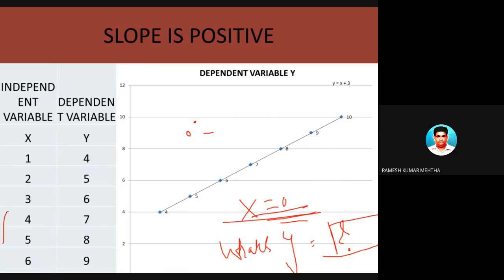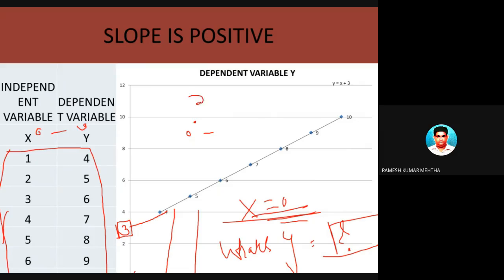Now, if I work for 1 hour, 4 marks, and so on and so forth. If I look at this data, I can easily predict that if I work for 0 hours, I will get 3 marks. So probably the line will start like this. When x is equal to 0, y is equal to 3. So this is called the constant. 3 is called a. A is equal to constant, which is equal to 3.